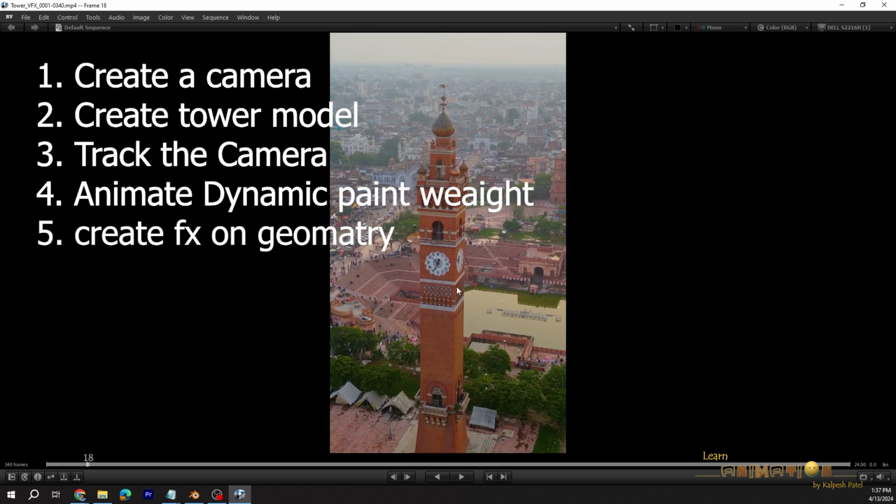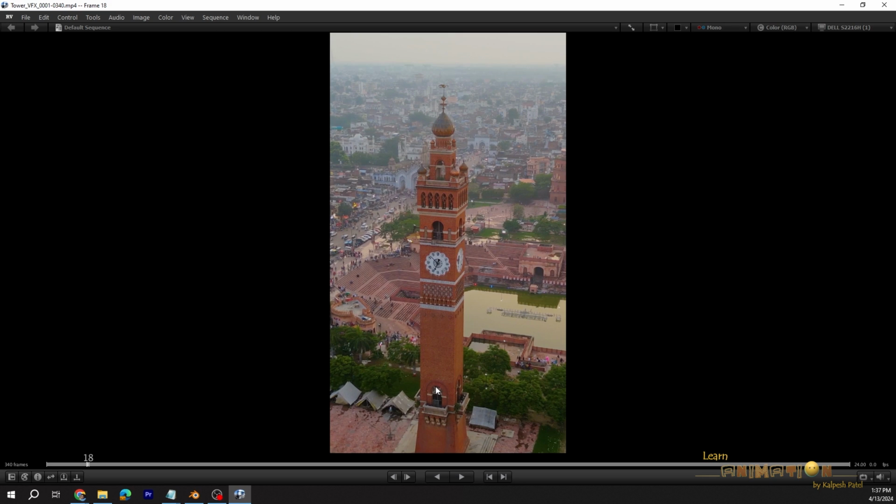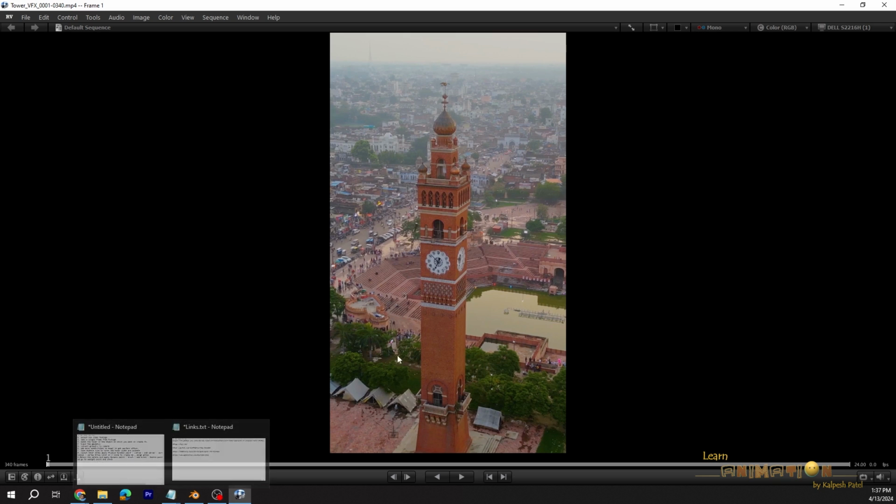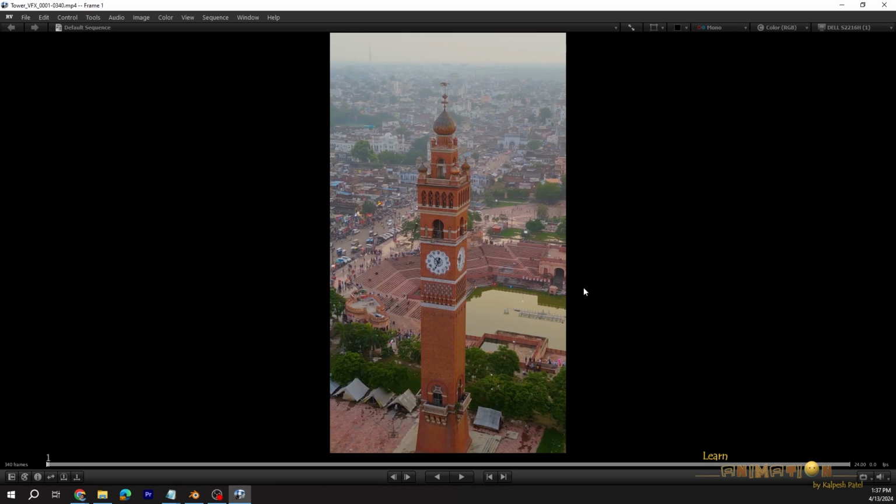Let's begin. To create the model of this tower, first of all we have to create the camera. To create a nice camera for this one, I would tell you a nice idea: take one single frame from the video. By using After Effects or Premiere Pro, you can take a single frame, export it and you can use it. Once you export a single frame of this video, that frame you have to just import into this fSpy plugin. fSpy is a nice add-on for Blender where you can create the camera.